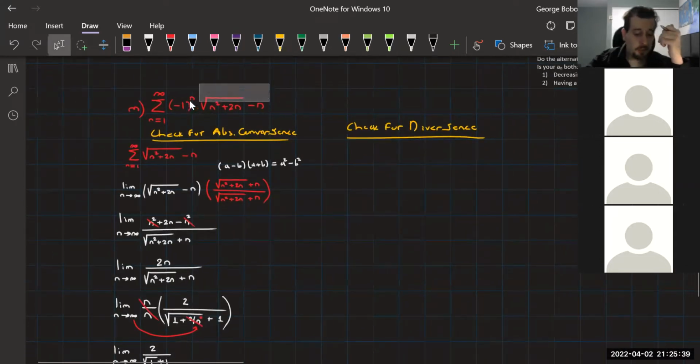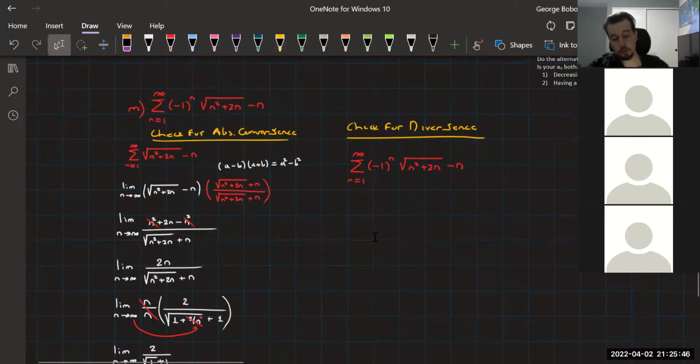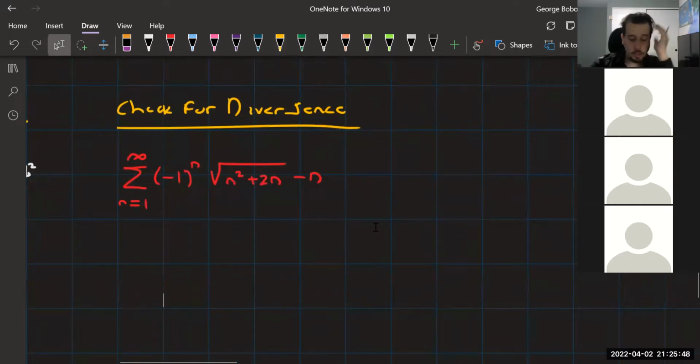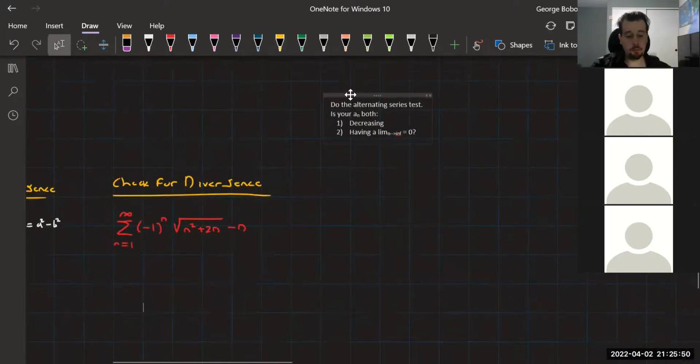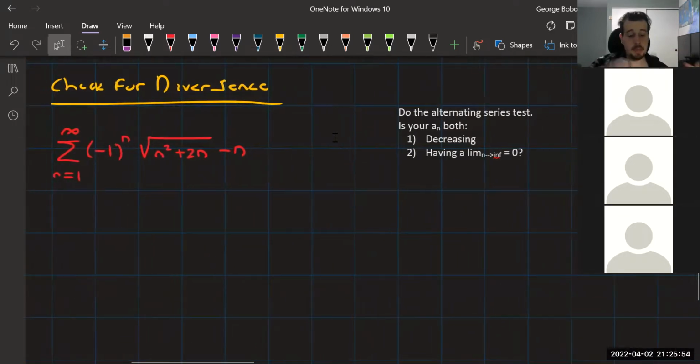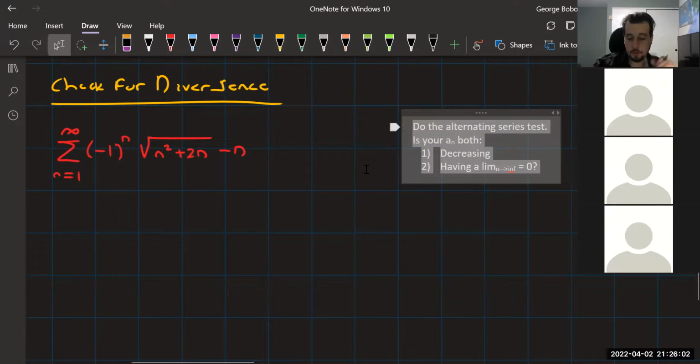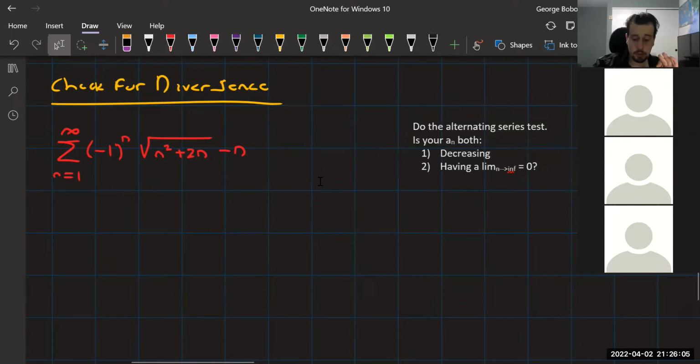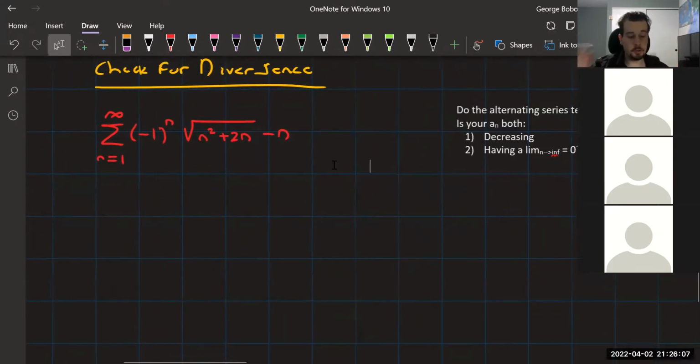Okay, this already looks bad that it's going to diverge, but whatever. We'll have to be again showing our work. So here it is. We're going to run the alternating series test. That's the only thing that works on this right now. So we want the function to be decreasing and having a limit as n goes to infinity going to 0. We can cheat here. We can really cheat here. Hold on. I'll show you how.